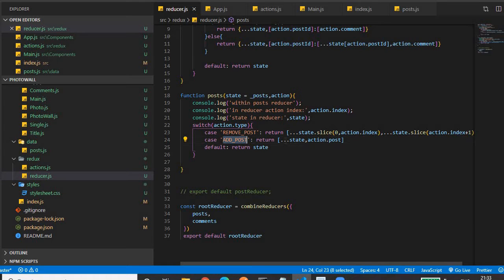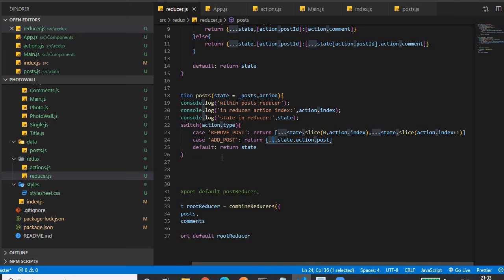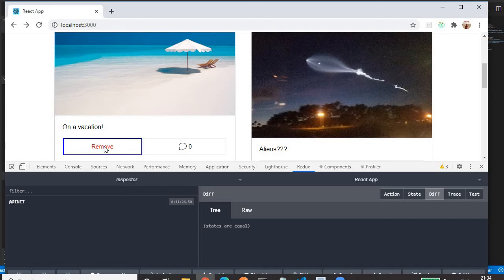If it does not match any of these, then default will be executed. If nothing is matched, default is executed and we return the state, that is the state of post, the array of objects. And if it is remove post, as the name suggests, we are removing the post from that array, whichever post the user has clicked, on click of the remove button.